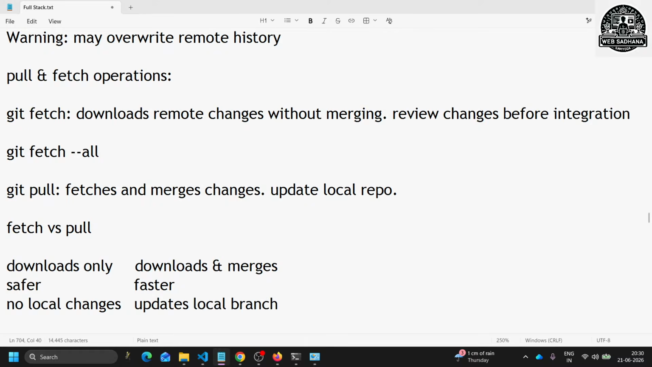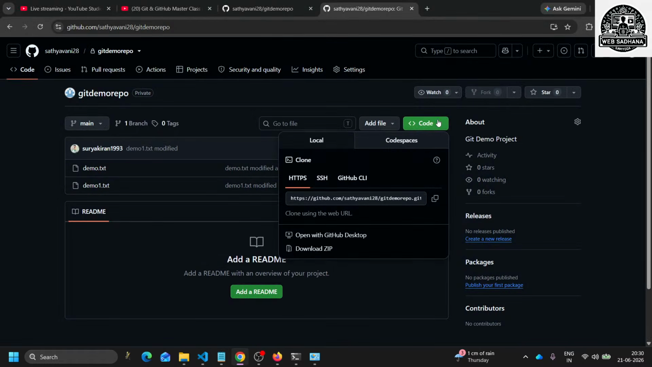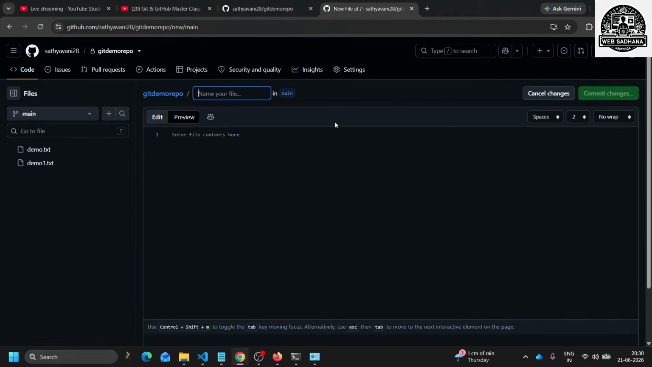Right. Let us check the pull command first. So what I'll do is go to code, go to add file. Let me create a new file. I'll create a file directly here. The file name is demo2.txt or HTML, right? I'll type the HTML code, head section. Any file you can take. Just for example purposes, I'm taking this. You can take a Java file also. That's up to you. Head section, which is title, HTML document,